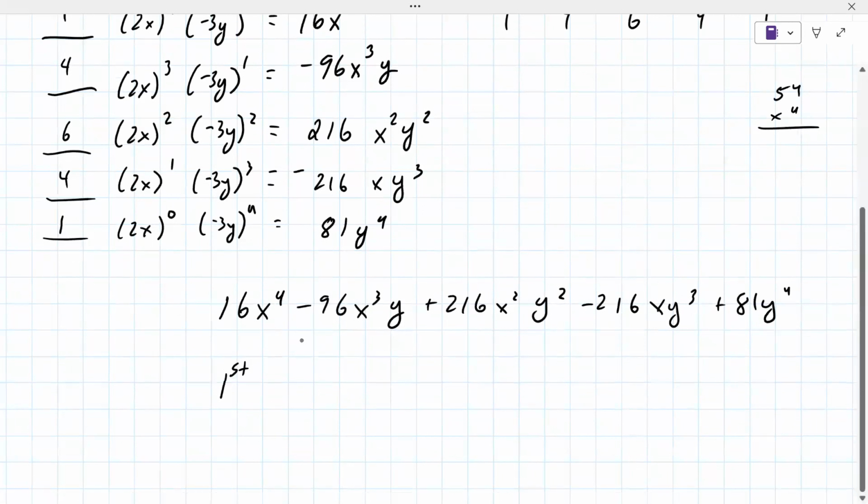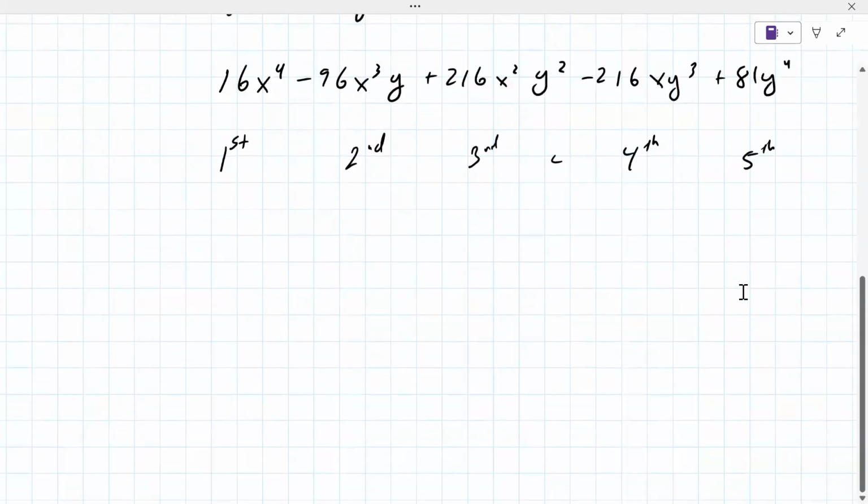Yeah, so here's how your instructor makes this more difficult. They might call this the first term, the second, the third, the 4th, and the 5th. There's always one more term than the exponent. So let's say your instructor wants something crazy, like, I don't know, negative x plus